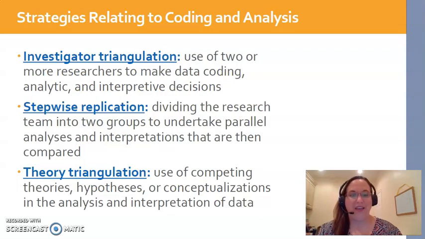and analysis phase. First of all, when we look at investigator triangulation, we talked about this a little bit in a previous video, but it holds true here as well. Two or more researchers must, not should, but must be involved in all of the interpretation and analysis of the data. If just one person is making the decisions, then we open up the door for bias, and that decreases the believability of the study and significantly influences the trustworthiness in a negative manner.